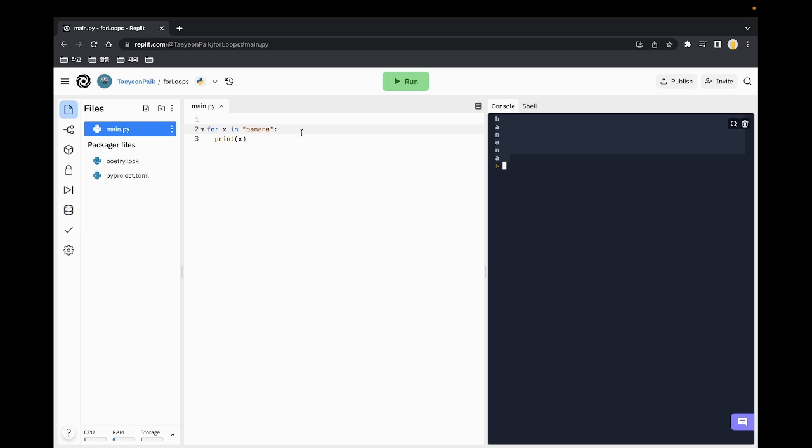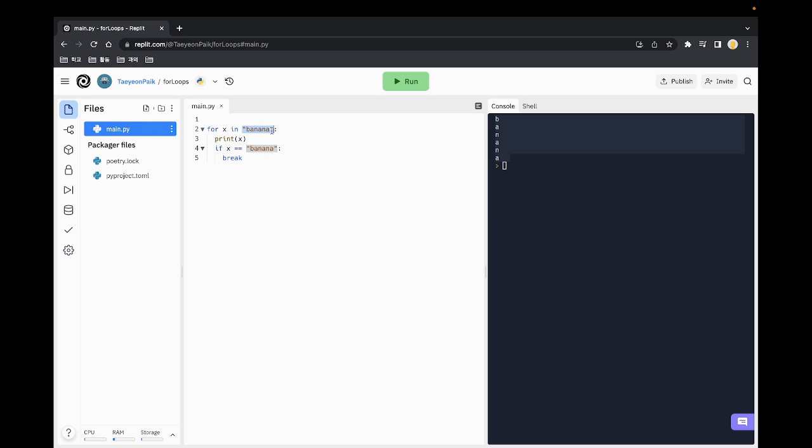Next, we are going to be learning about the break statement. And the break statement for for loops is basically the same thing as the break statement for while loops. It's going to serve the same function. So with the break statement, we can stop the loop before it has looped through all the items. So if we wanted to exit the loop when x is banana, then we would have to add this. And what this is going to do is when x is equal to banana,